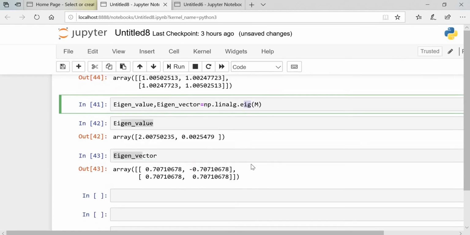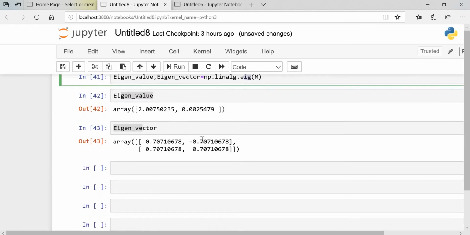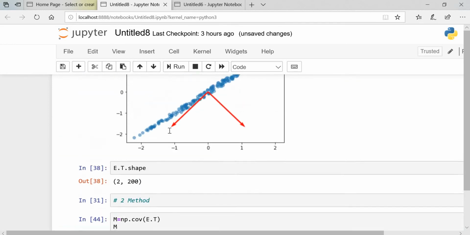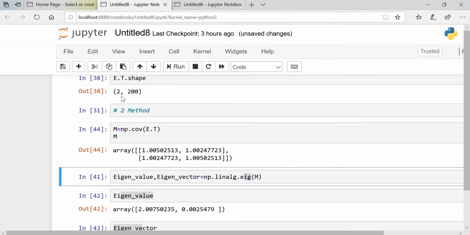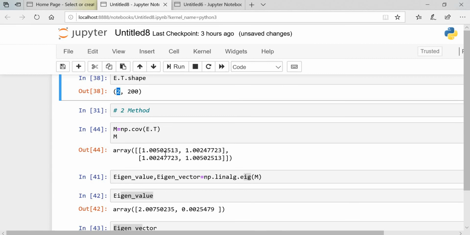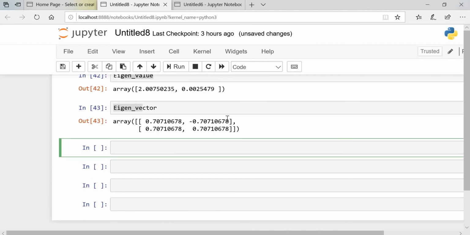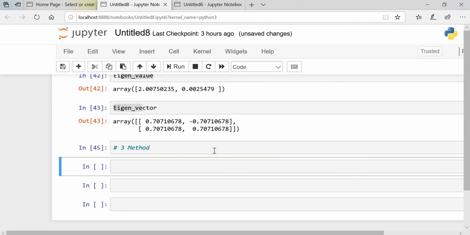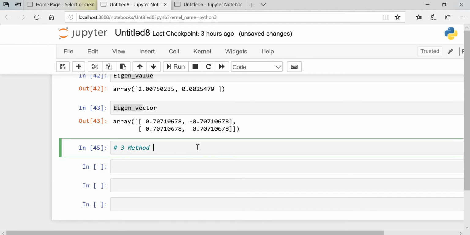Okay, this is the second method guys, and I hope this will make sense. But this row will impact your covariance matrix, right? Now we'll go ahead and we will see the third method, that is SVD.